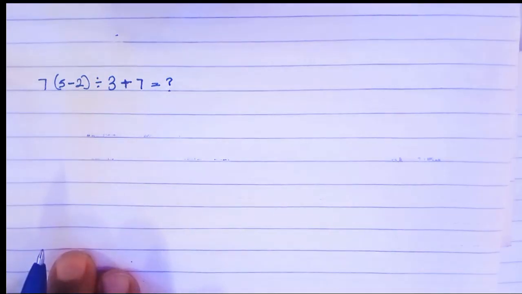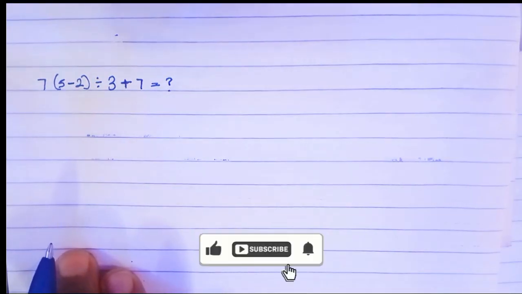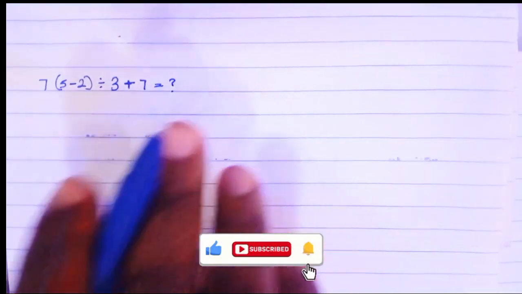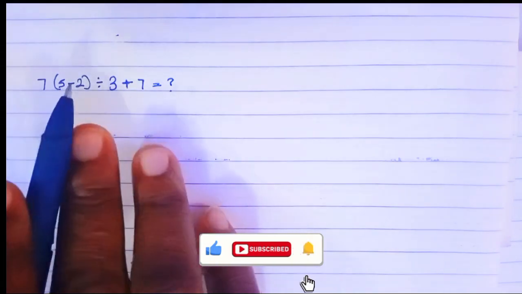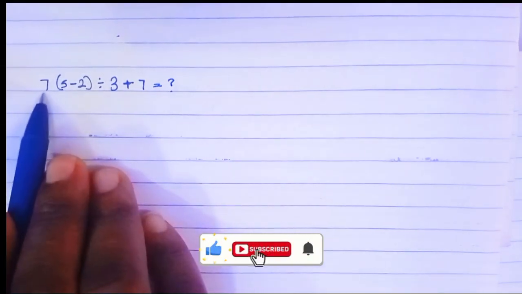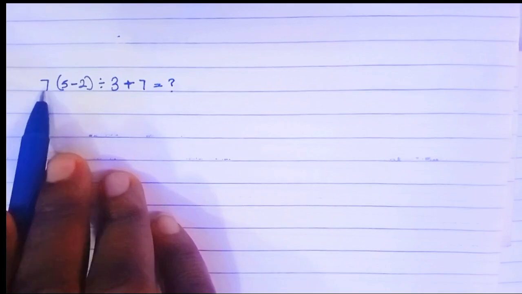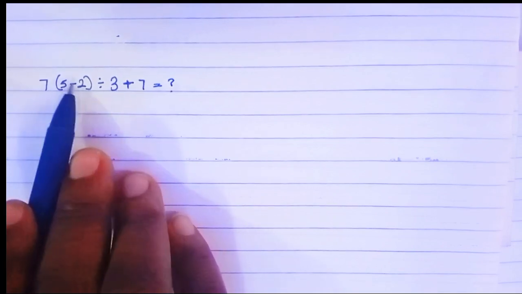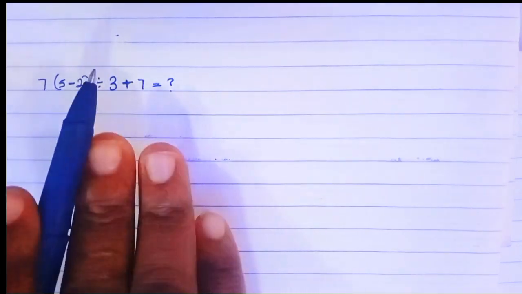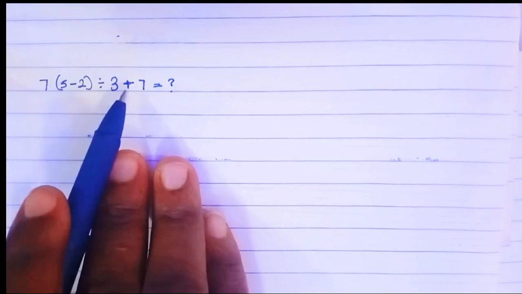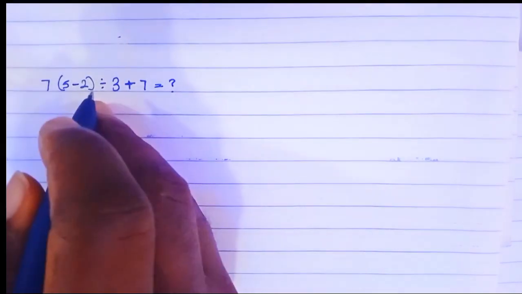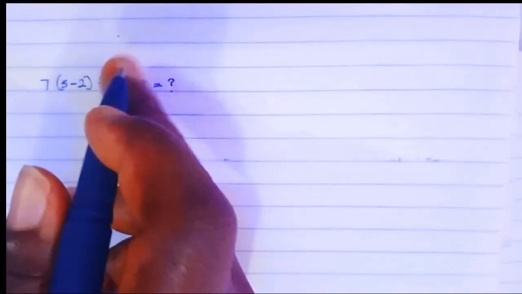Okay guys, let's solve this expression. While solving this, do not solve it in this way by saying 7 times 5 and 7 times 2. That is the wrong way to solve this. So while solving this, we are going to make use of the rule of operation,